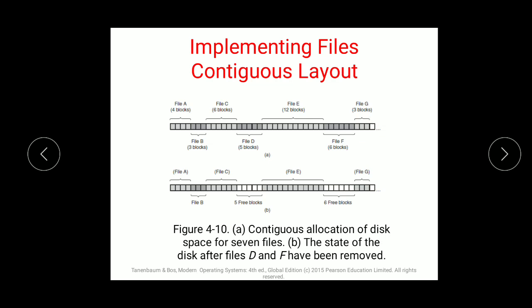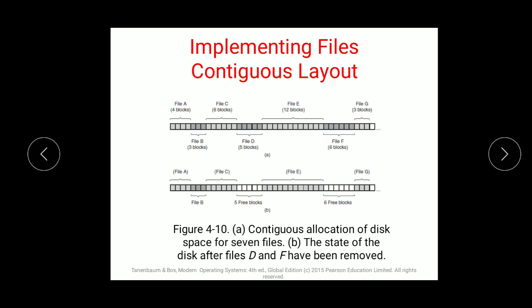To access block K of a file directly, which starts at block I, we can immediately access block I plus K. As in the example, for sequential arrangement of files in contiguous allocation, they remember the last block of the previous file and then add to it. So if it is 10, the new file starts with 11.